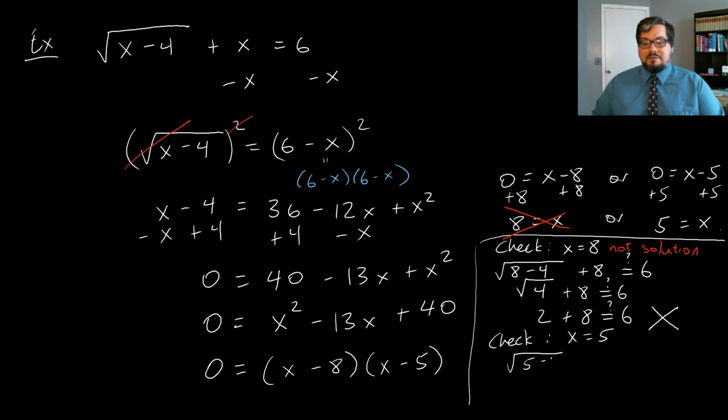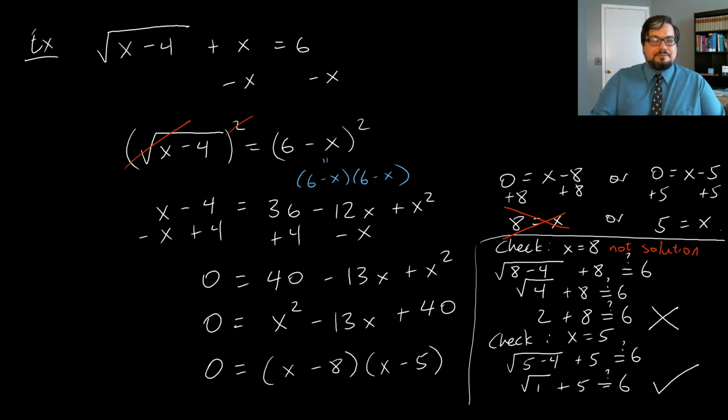If we plug 5 in, we get the square root of 5 minus 4 plus 5. We ask, does that equal 6? Well, the square root of 5 minus 4 is the square root of 1 plus 5. And we ask, does that equal 6? Well, yes, this one does, because the square root of 1 is 1, 1 plus 5 is 6, and so